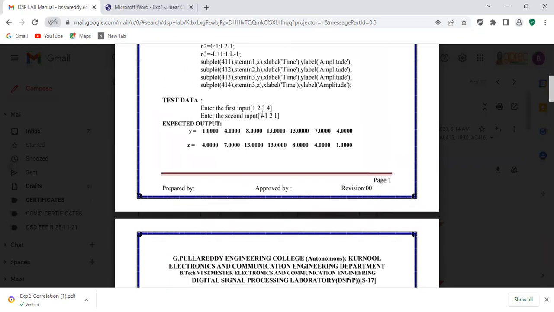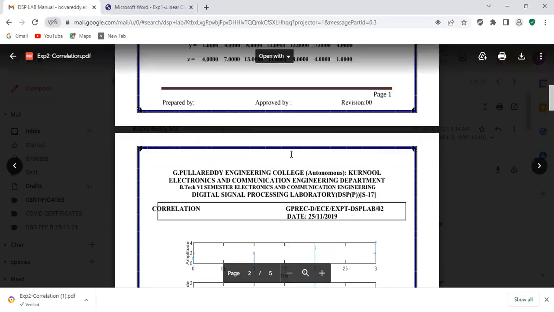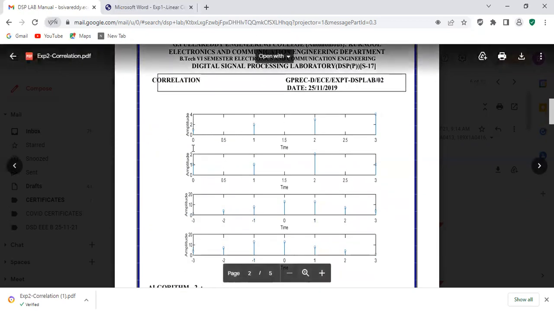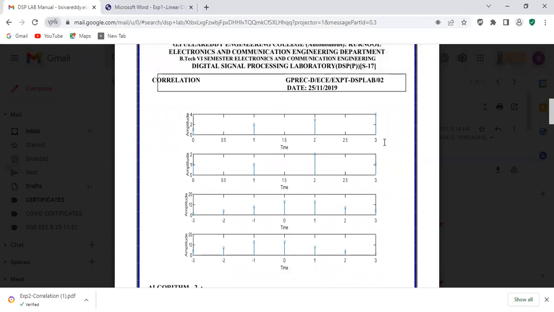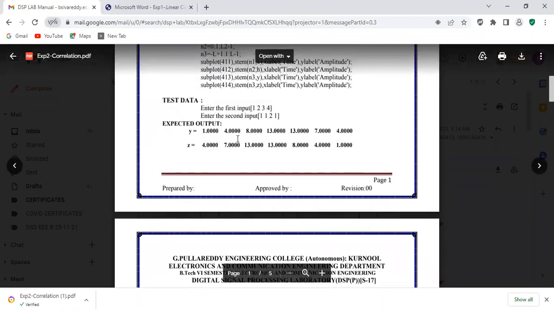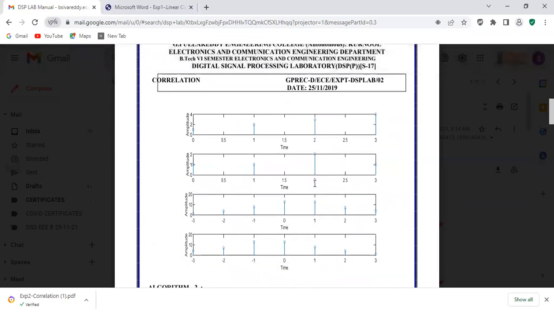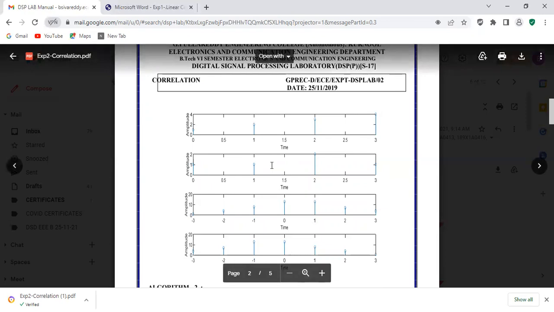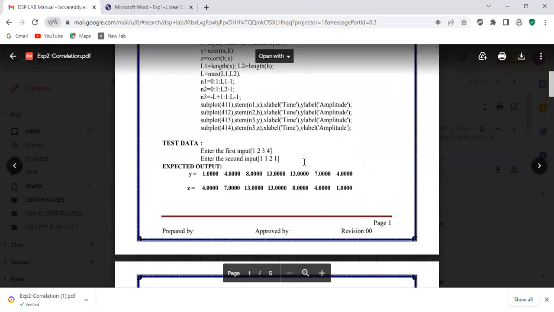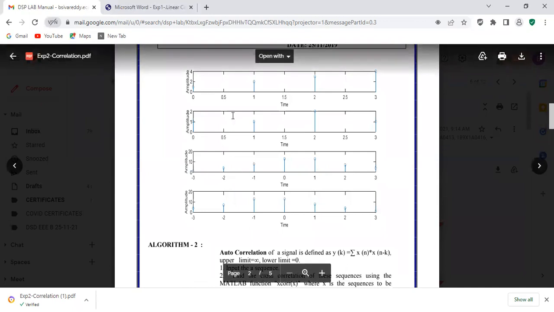Here, enter the input sequence 1, 2, 3, 4, and enter the second sequence 1, 1, 2, 1. Between x and h you get the result y, and between h and x you get the result z. The same thing you can display in a graph. First one is x of n, starting from 0, increment 1: 0, 1, 2, 3, with the sequence 1, 2, 3, 4. Second one is 0, 1, 2, 3 for h of n, with samples 1, 1, 2, 1. Next, the cross correlation between these two functions x of n and h of n